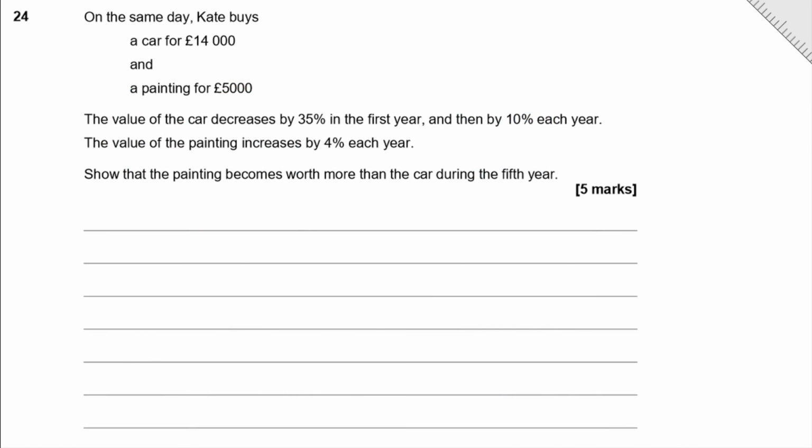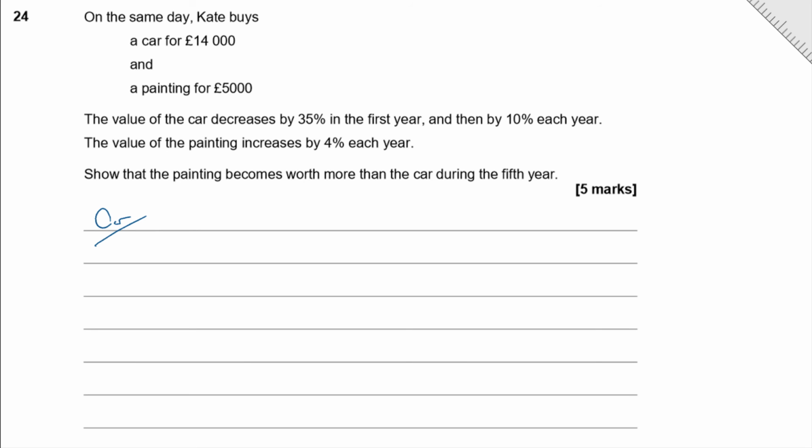Question 24. On the same day, Kate buys a car for £14,000 and a painting for £5,000. The value of the car decreases by 35% in the first year and then 10% each year. The value of the painting increases by 4% each year. Show that the painting becomes worth more than the car during the 5th year. Okay, so we need to work out the value of the car and the painting in year 4 and in year 5. Okay, so for the car